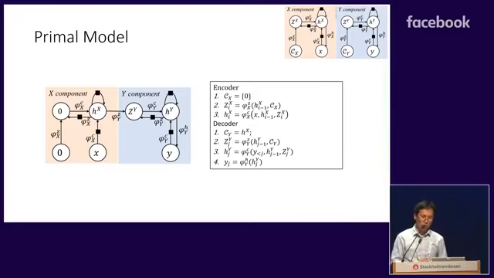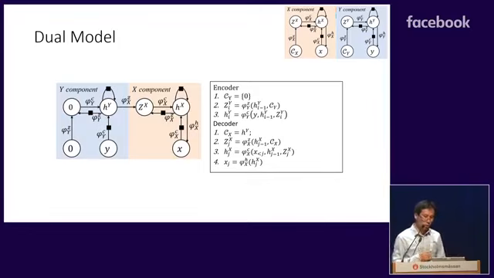These two components can compose both the primal model and the dual model, but in different orders. Let's have a look at the primal model. The X component will be used as an encoder, because for the encoder we only have the original sequence X as input. So here CX and ZX will be 0, they are empty sets, and it will generate a set of hidden states HX. The Y component will serve as decoder, so it will take both the already generated previous Y words and the hidden states from the encoder as input. So here CY will be equivalent to HX. This figure shows the architecture of the primal model.